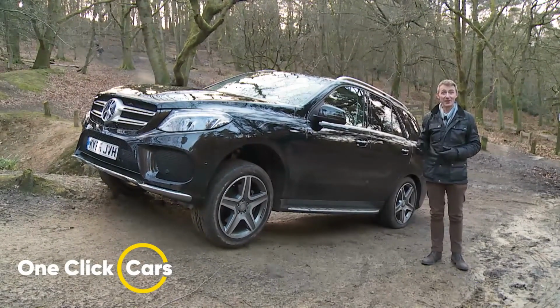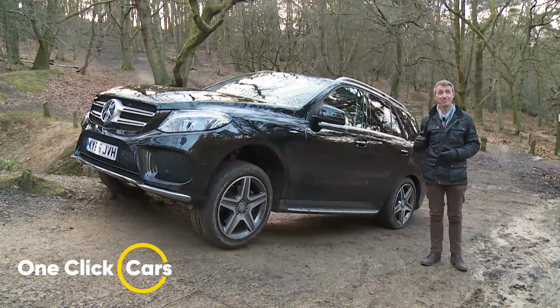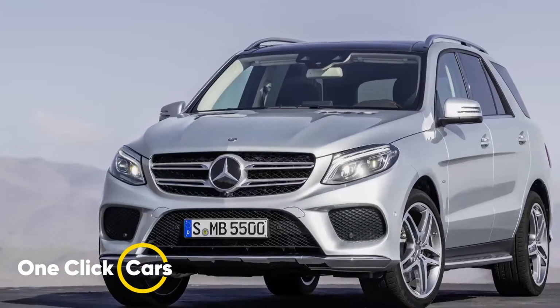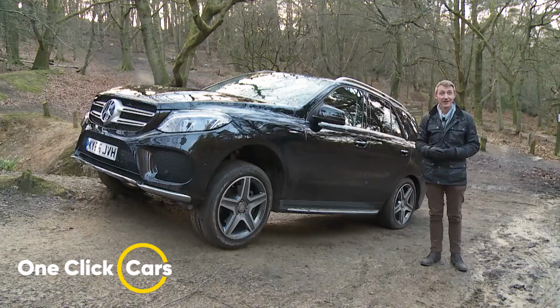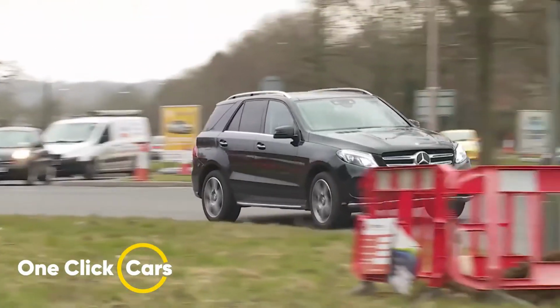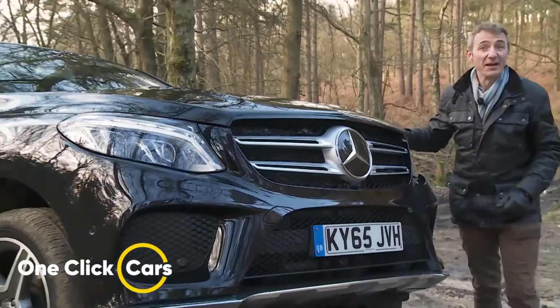The base diesel version is at the cutting edge of what's possible in terms of efficiency from a car of this size these days. And if you choose the plug-in hybrid variant, you can go beyond that with an all-electric driving range that theoretically promises largely fuel-free commuting motoring. And overall,